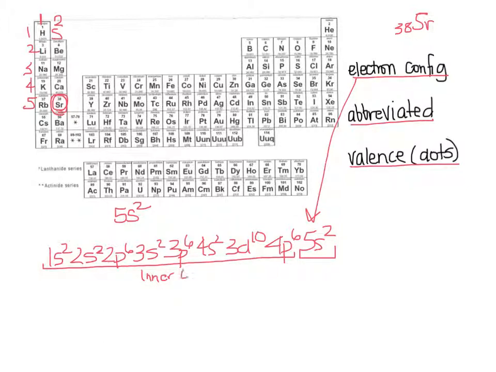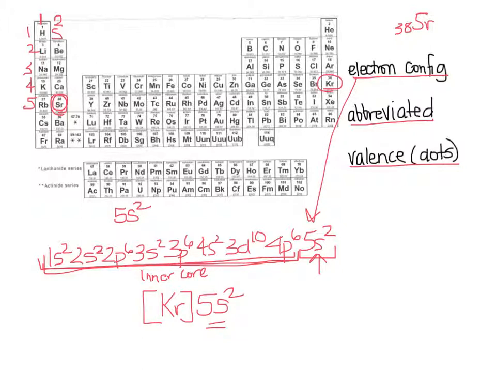And our inner core is always going to represent a noble gas, because noble gases all are completely stable and they have their floors filled. So the closest noble gas to strontium is going to be krypton. So krypton has the electron configuration basically up to 4p6. And then 5s2 is all you would have to write, showing that these are our 2 valence electrons after the